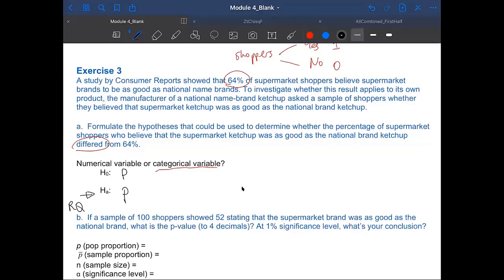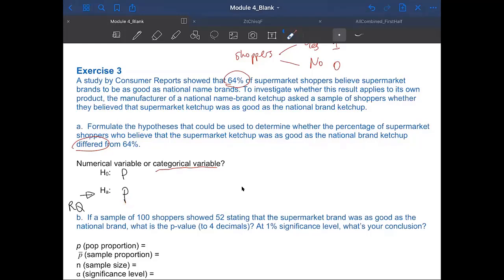Anybody wants to give it a try? This is a little bit challenging. I'm going to help you here. So what are we trying to determine here? We want to see whether the percentage or proportion of shoppers who believe the supermarket ketchup is as good as the national brand ketchup. So we try to determine the proportion. We try to compare this population proportion with something else. What are we comparing with? We compare p with